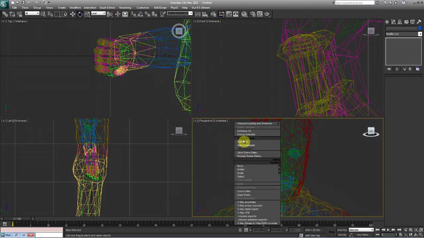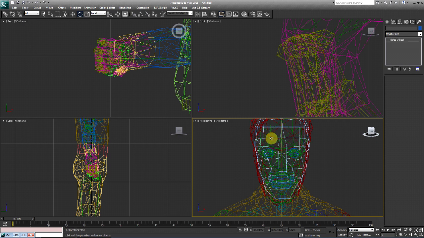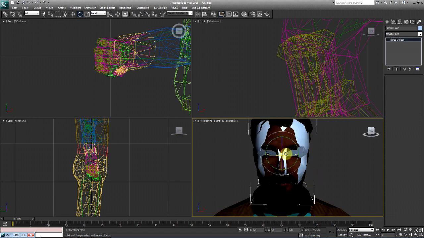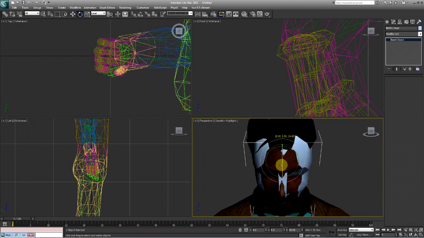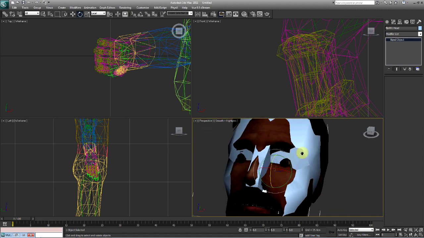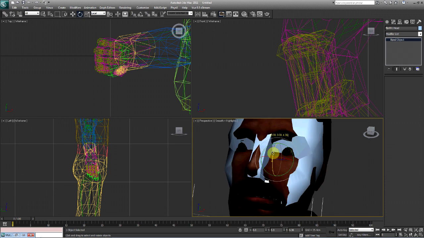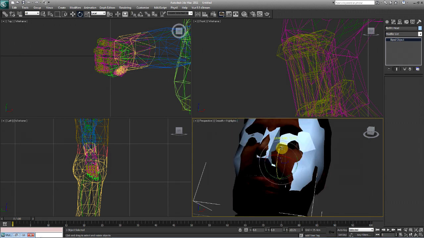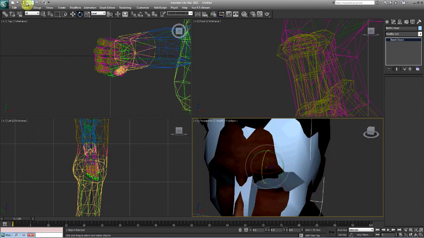Let's go ahead and unhide by name. We're going to unhide the bip head. I haven't forgotten about the hips or the torso shoulder pad. I will show you why we did that later, okay? Now, I don't know if you can tell, but his eyes are getting really weird looking. Look at his eyes. His eyes look all bugged out and weird because I didn't assign what bones it needs to be assigned to. I didn't specify the strength or anything, so I'm going to show you how to do that.